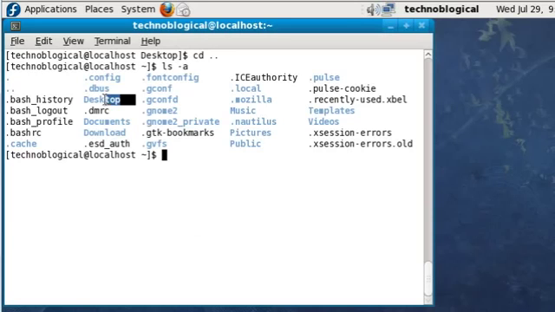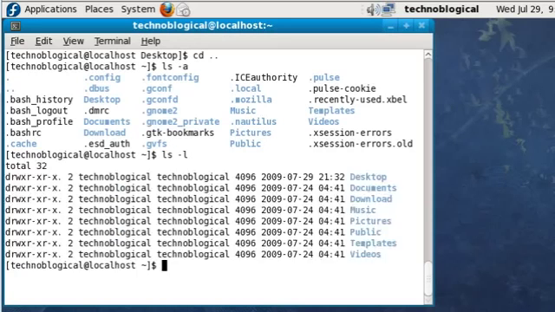There's my desktop right there. So ls -a and ls -l. Very important files. Important commands to know about. So anyway, a few other commands you might want to know about are